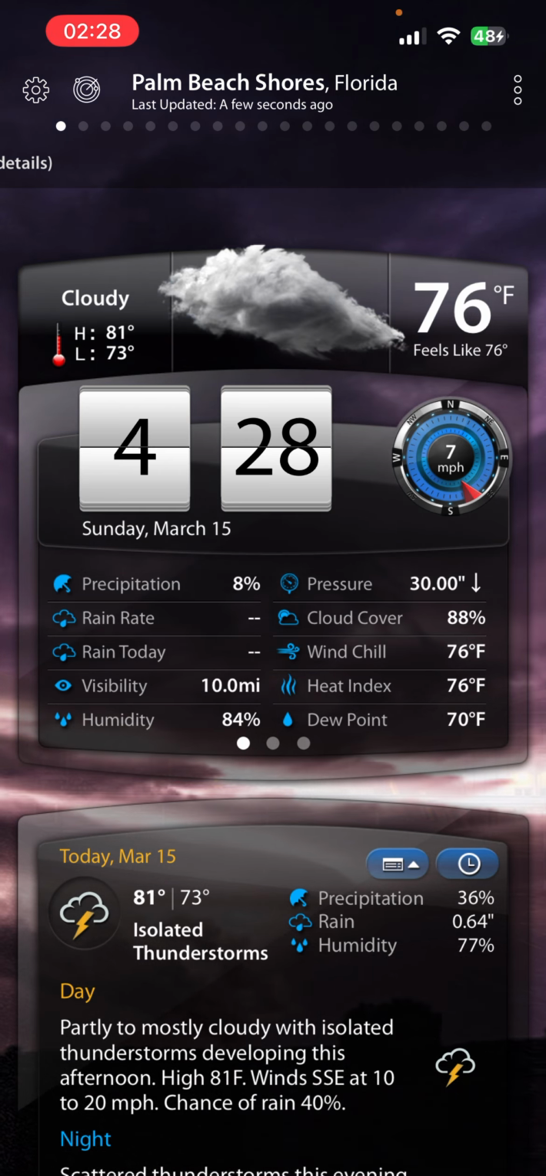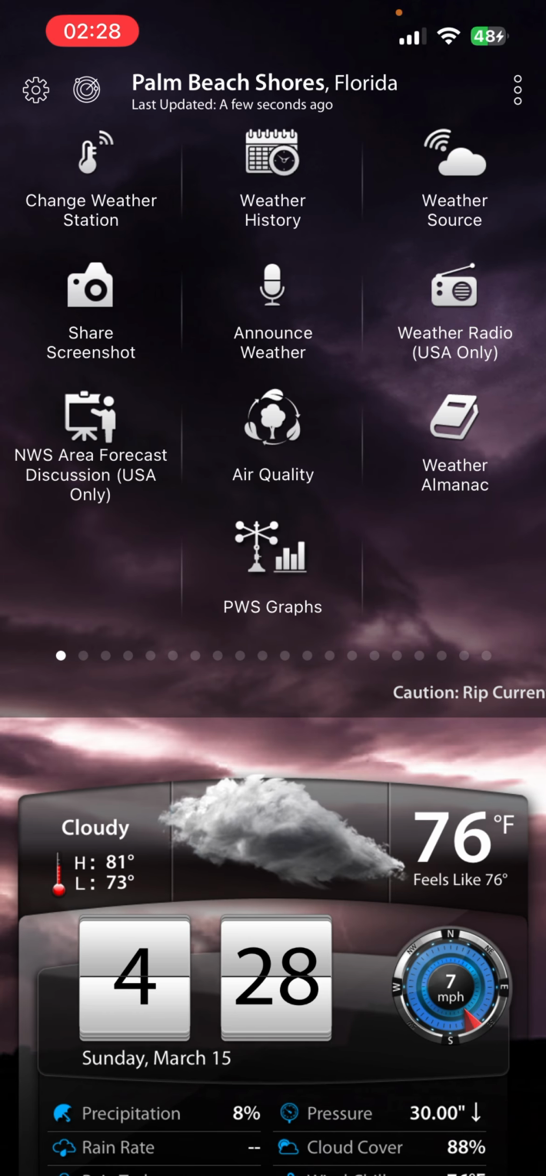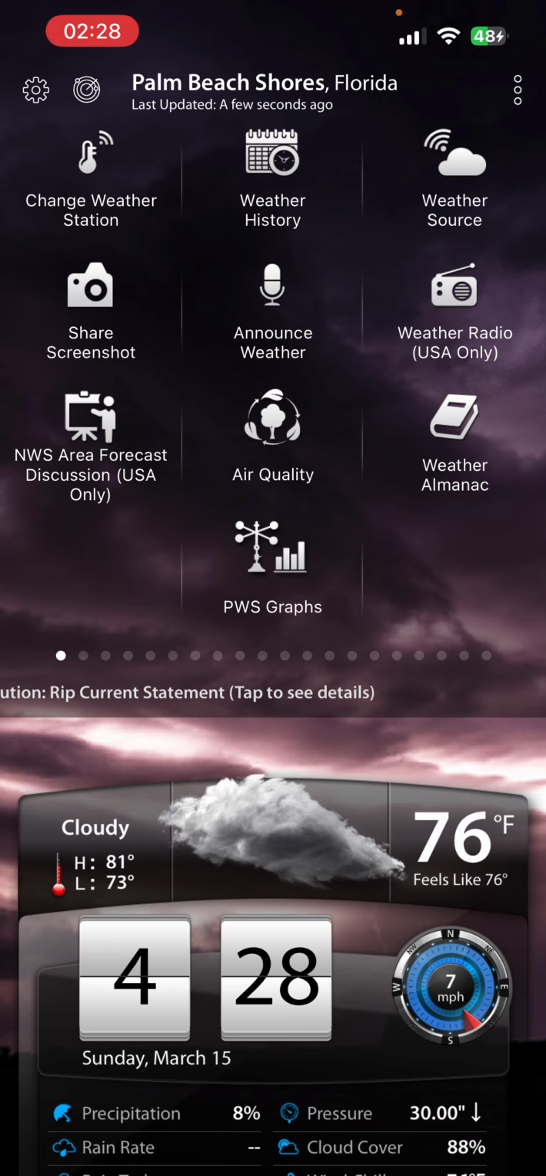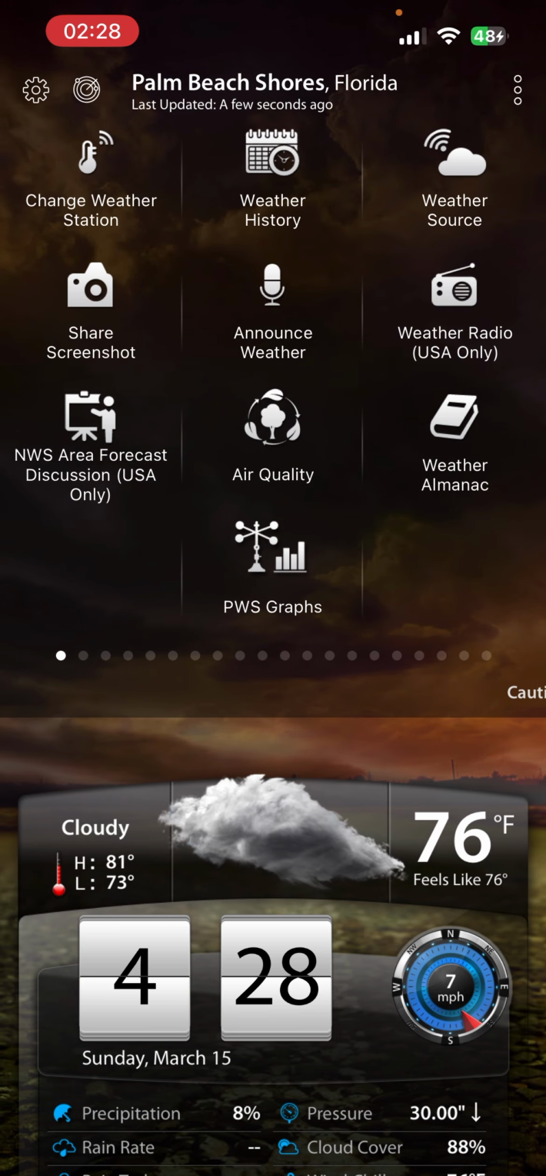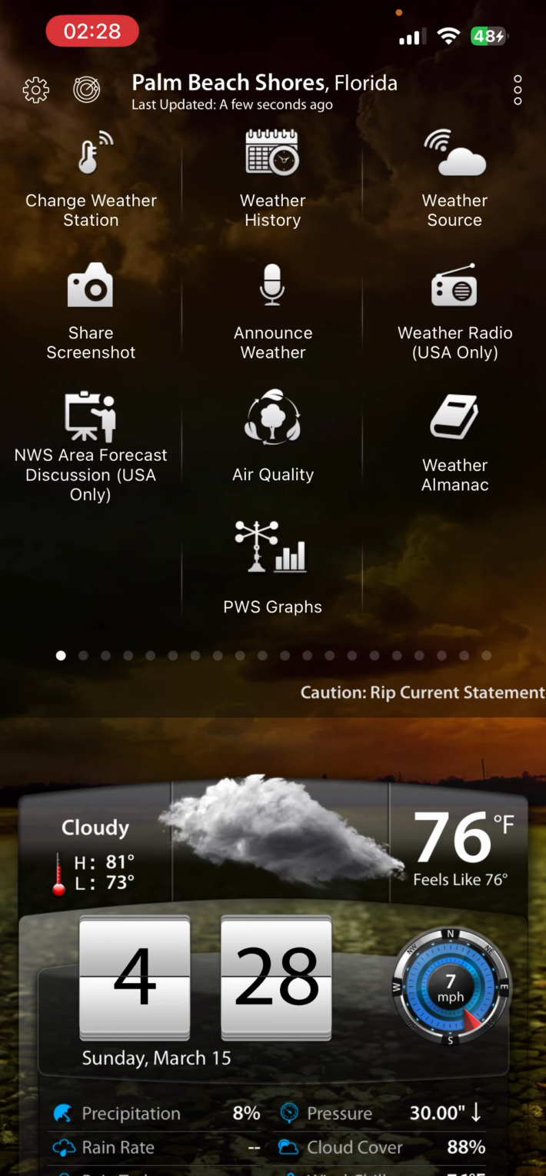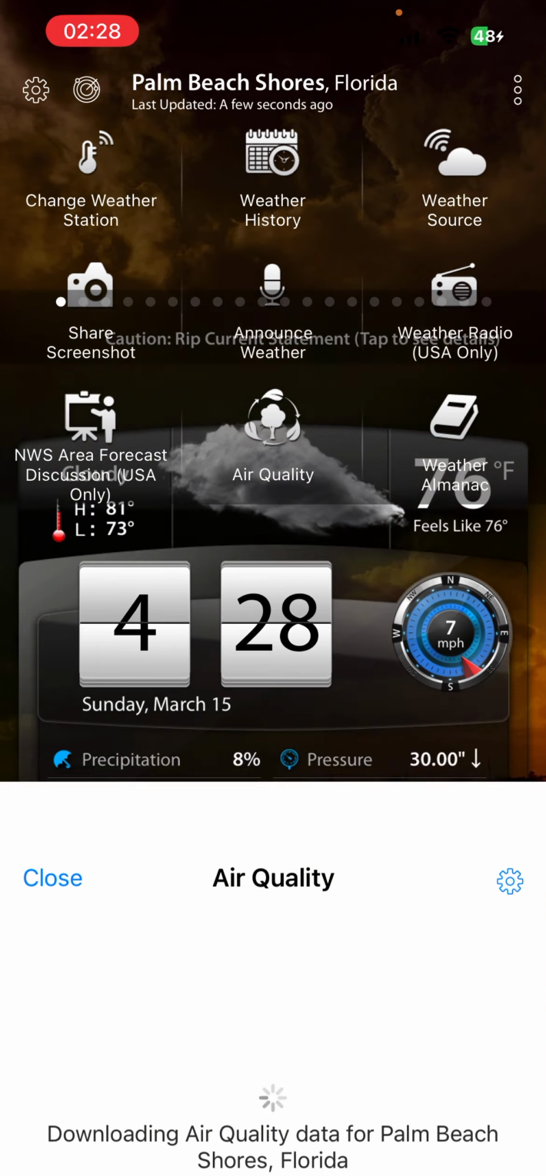If we go to the second part of it, you click the three dots, you have the weather station, the weather history, weather source, you can announce the weather, screenshot, air quality, almanac, US radio, and then weather graphs. So here's the air quality,